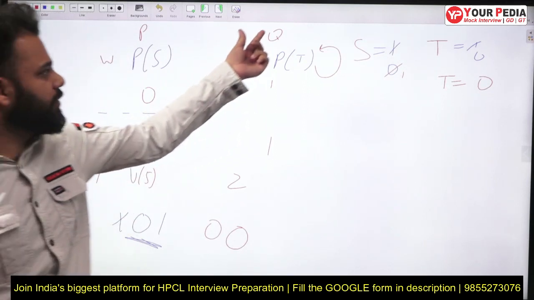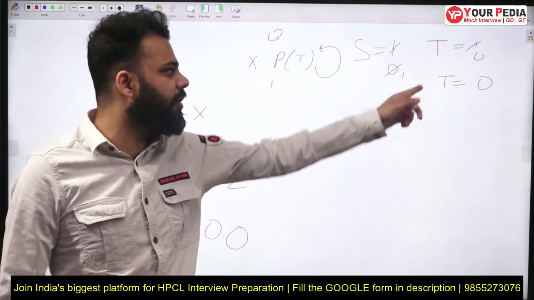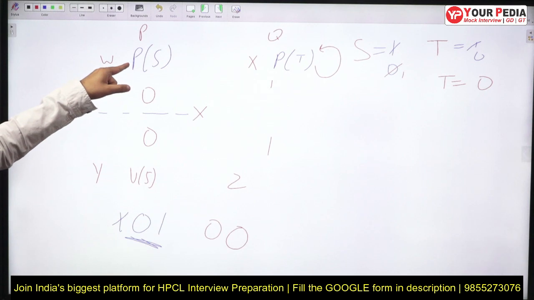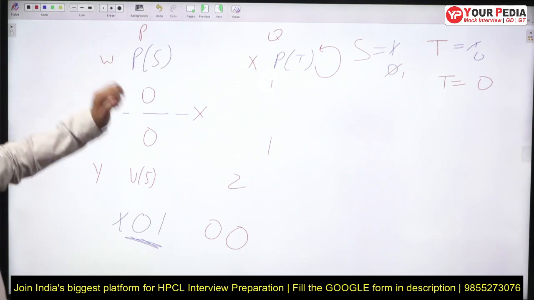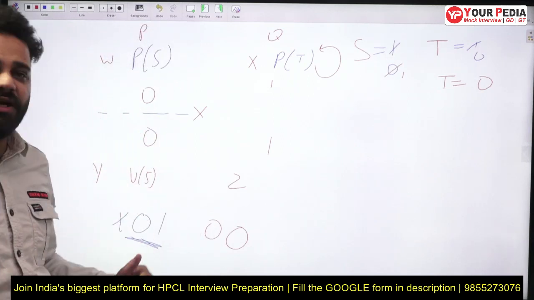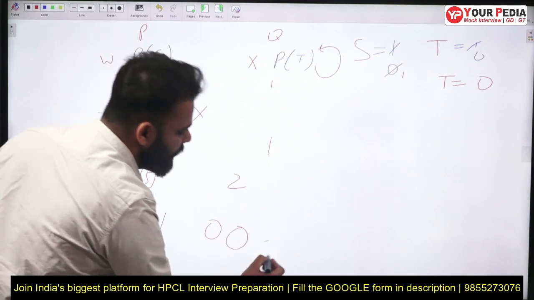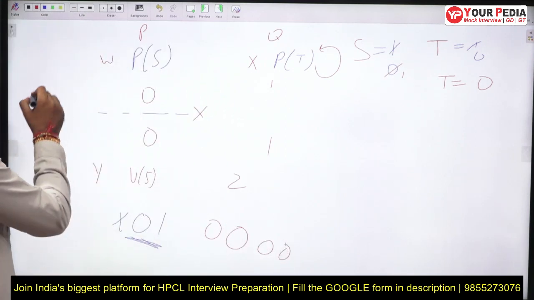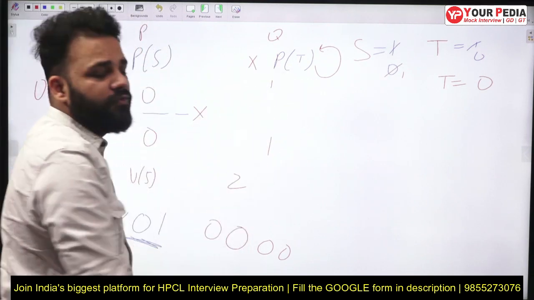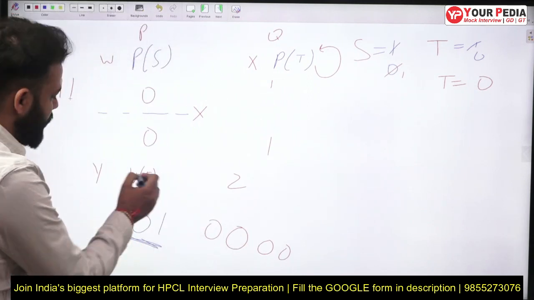When you try to start Q, again it will be an unsuccessful operation, because T is still 0. But if you try to run P, it will be able to run, because S has been changed to 1 by this up operation. So it will be a successful down operation, and you can print 0 0 again. Our desired output is 0 0 1 1, so after these two zeros, these two ones should come. After P, Q should be able to run. So this is not the correct option.